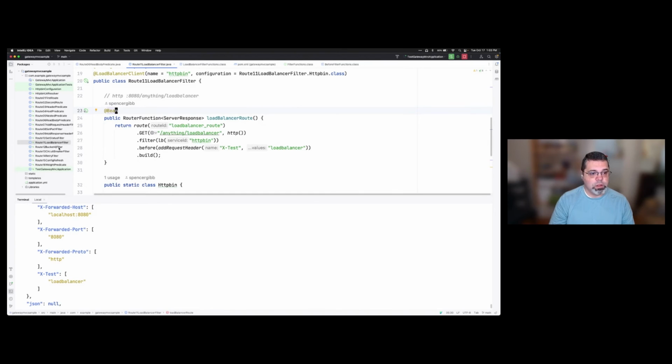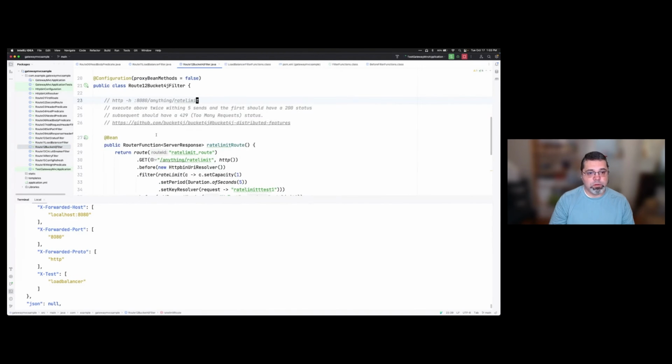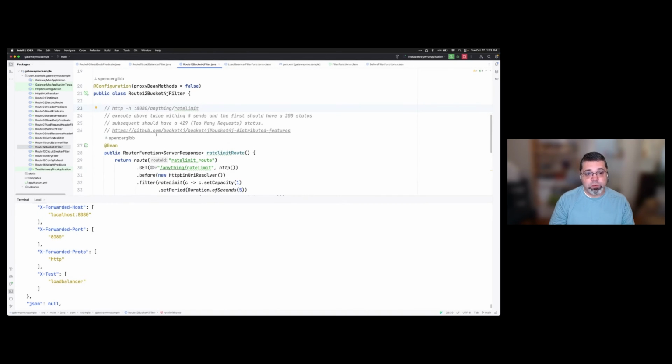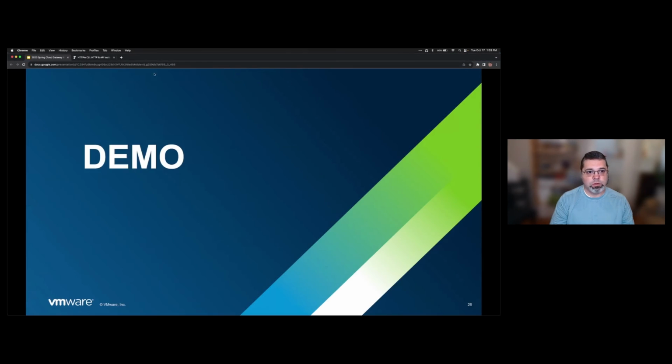All right. Next up is Bucket4j. One of the things that the reactive gateway provided was rate limiting, and Stripe wrote about and provided some code that used Redis and a Lua script. Our commercial team used a different technology, but in this case, we used Bucket4j. So if I open up Bucket4j here in the browser,